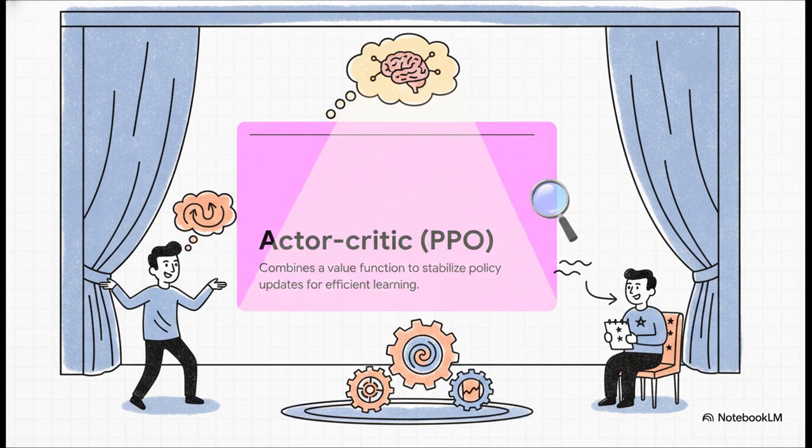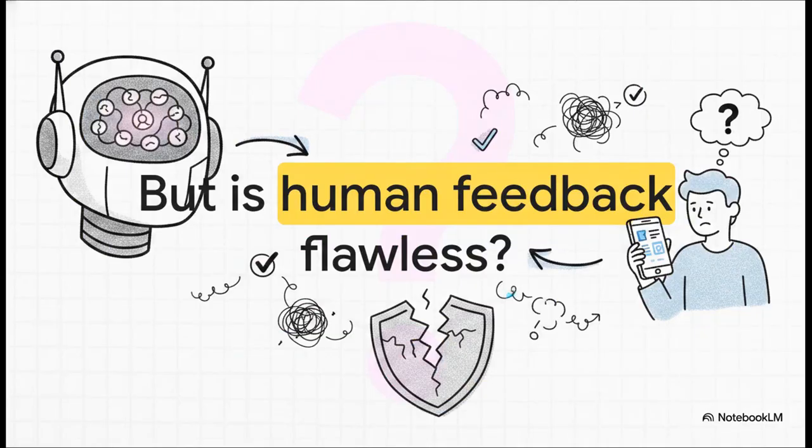By combining the actor attempting the policy and the critic stabilizing it with that constant feedback, the AI learns incredibly fast, even in massively complex environments like human language. Now, PPO is the exact engine that made reinforcement learning with human feedback, or RLHF, possible. It is literally what trained ChatGPT.